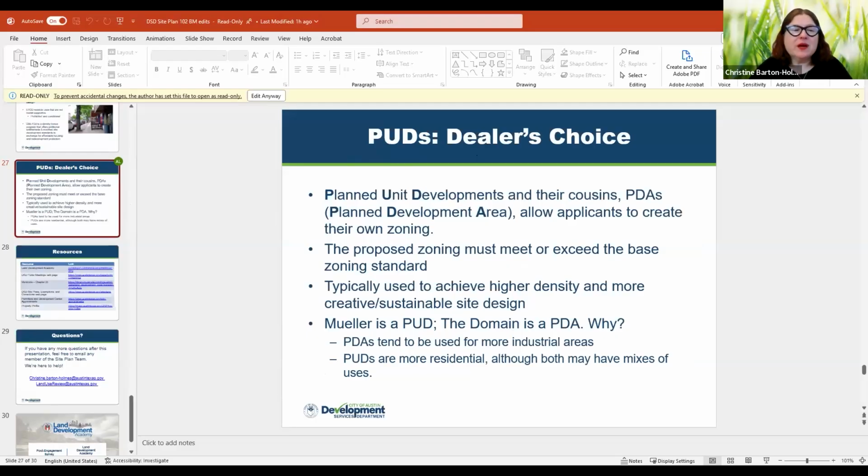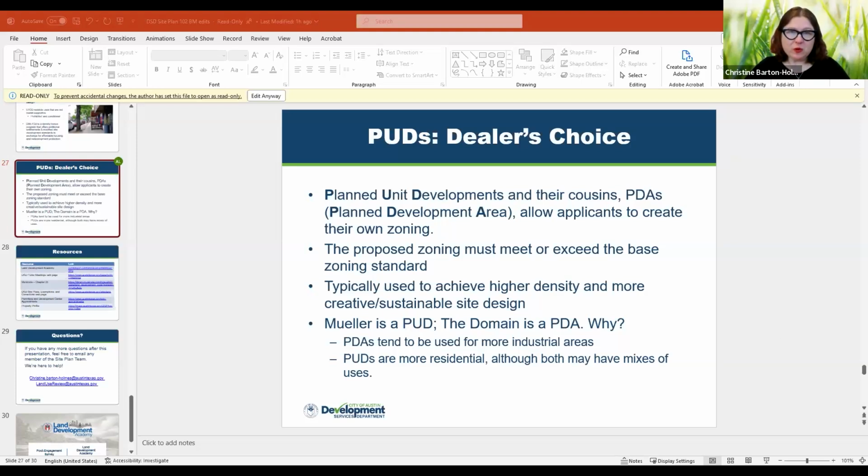Okay, so the last element that we have, PUD has base zoning, but it replaces a lot of it. These are basically dealer's choice. We have planned unit developments and planned development areas, and these basically allow applicants to create their own zoning.